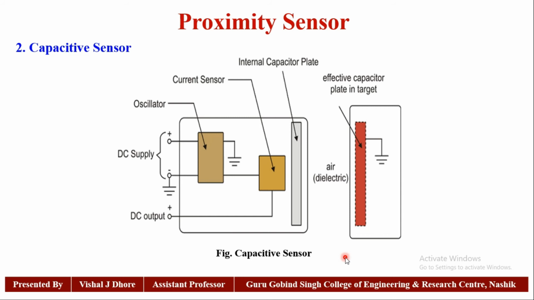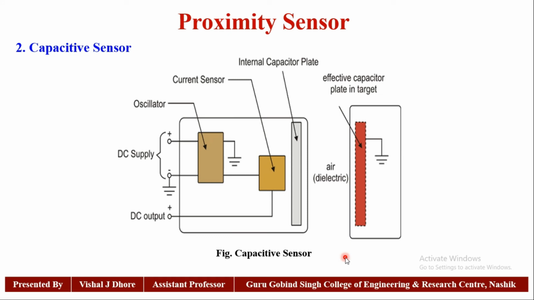trigger the detector circuit based on the amplitude output from the oscillators. An advantage of this sensor is that it is capable of detecting both metallic and non-metallic targets whose dielectric constant is more than that of air. They are generally low cost and have good resolution, stability, high speed and low power usage.